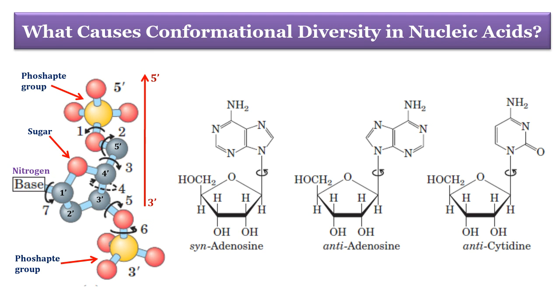Now, in steric properties, because of steric constraint, purines in purine nucleotides are restricted to two stable conformations called syn and anti. Pyrimidines are generally restricted to the anti conformation because of steric interference between the sugar and the carbonyl oxygen at C2 of the pyrimidine. So, these are the various reasons for conformational diversity in nucleic acid.